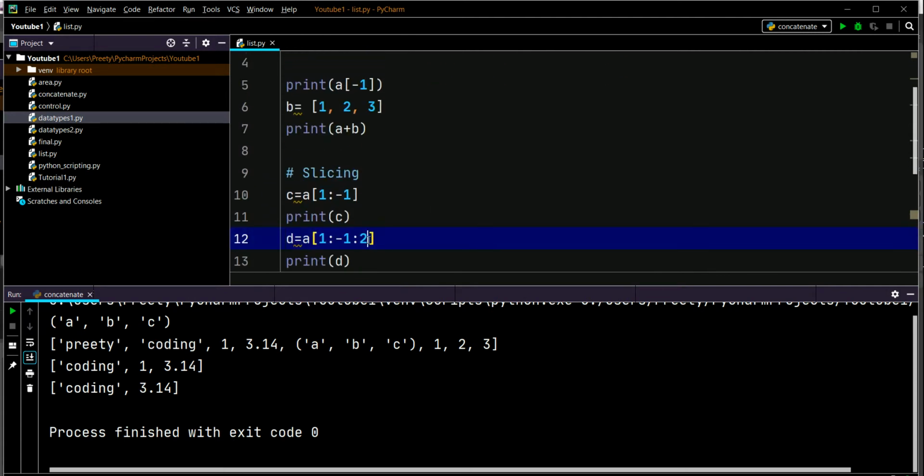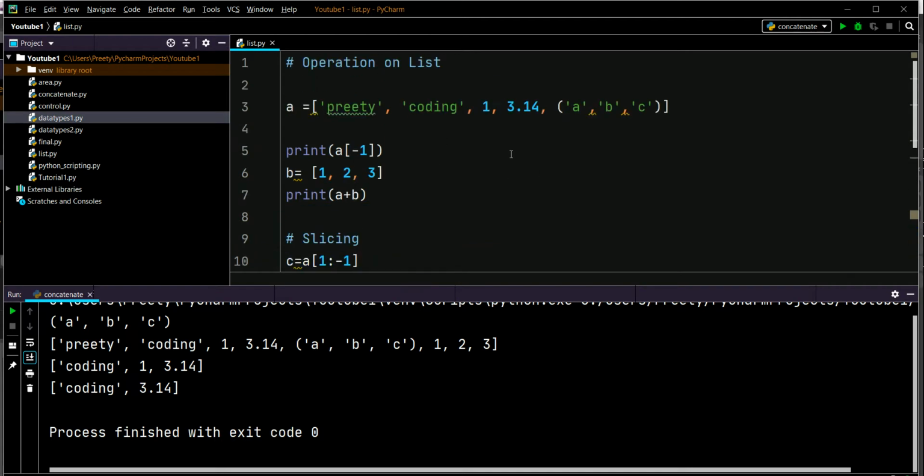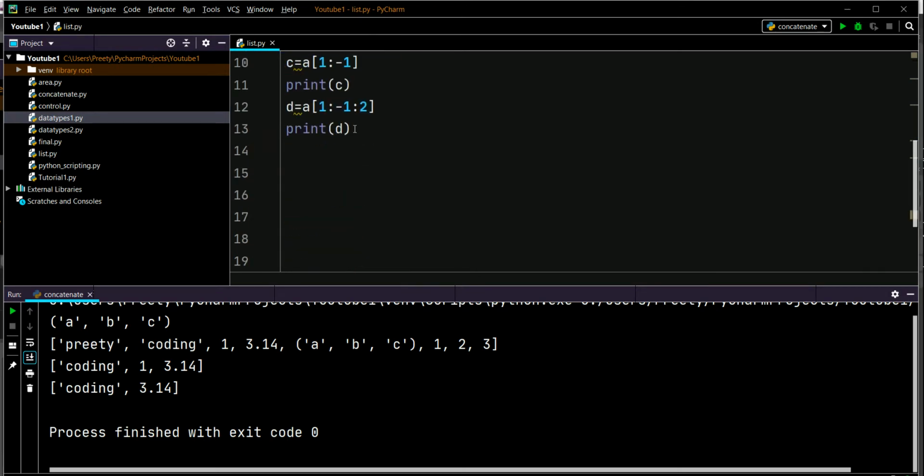This is the step value we have given for slicing. For example, it has printed coding, and then it has not taken a single step, it has taken a double step, 1 and 2, and then it printed 3.14. So this is basically the number of steps which you need. So I hope you understood slicing.